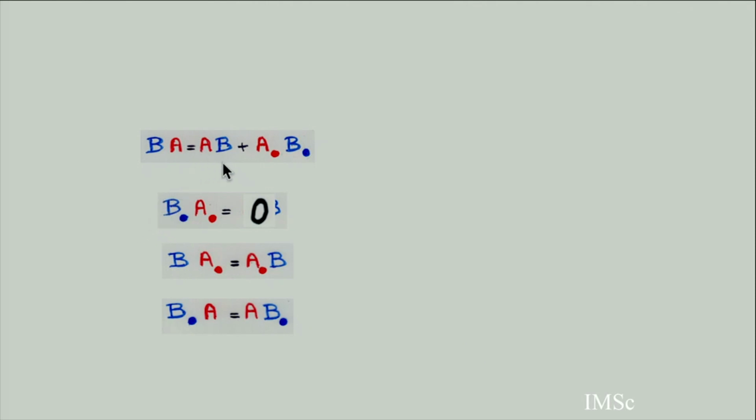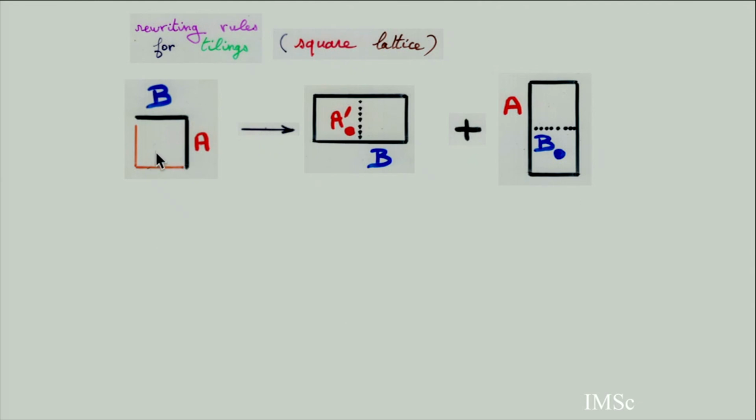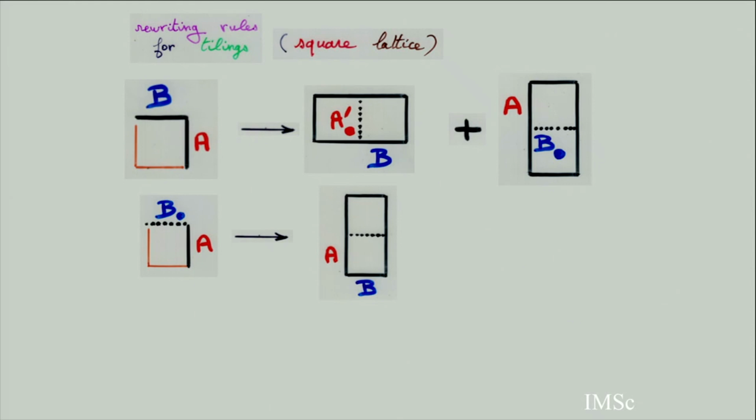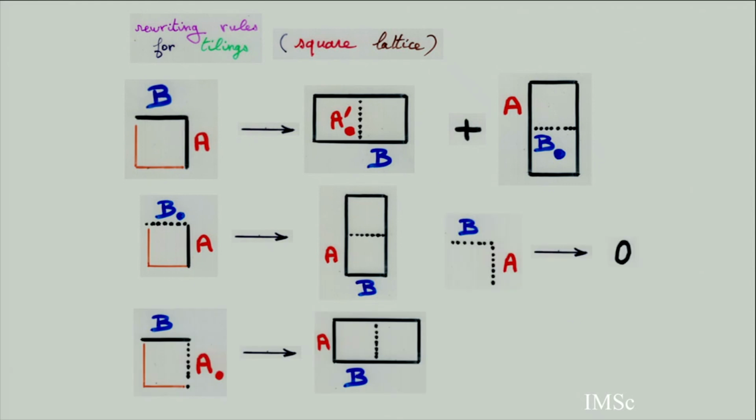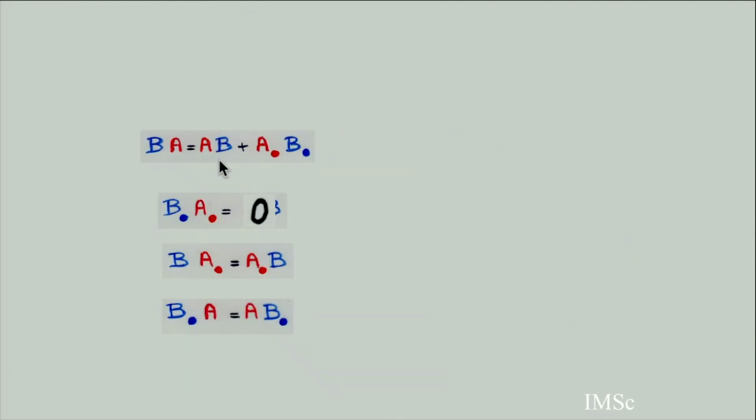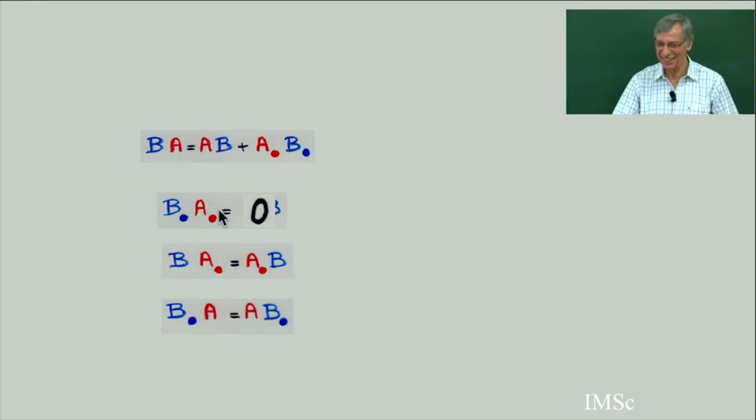But here I am confused. BA equals AB plus A dot B dot. So BA equals A dot B plus A B dot. Yes, so there is a big mistake. You have to rewrite the transparencies, and so it's not the same Z algebra. It's a new, another one. Thank you for your perspicacity to look carefully at that.